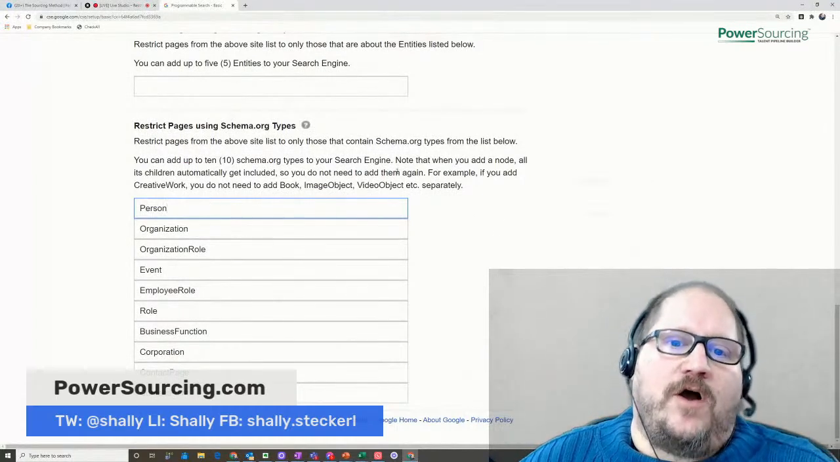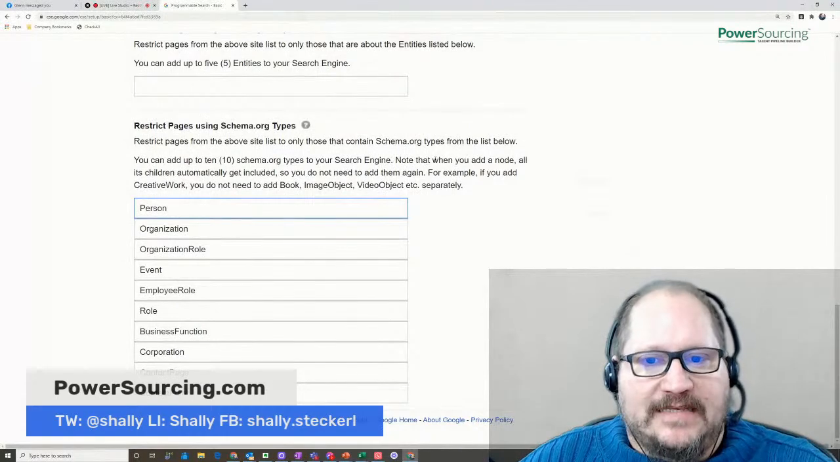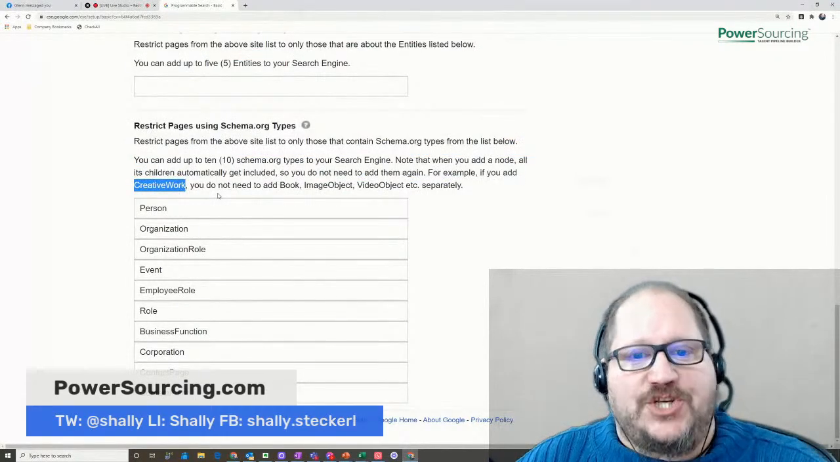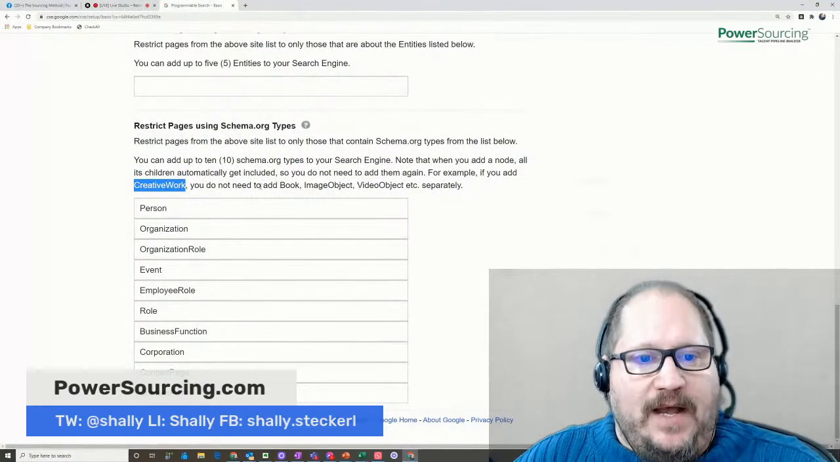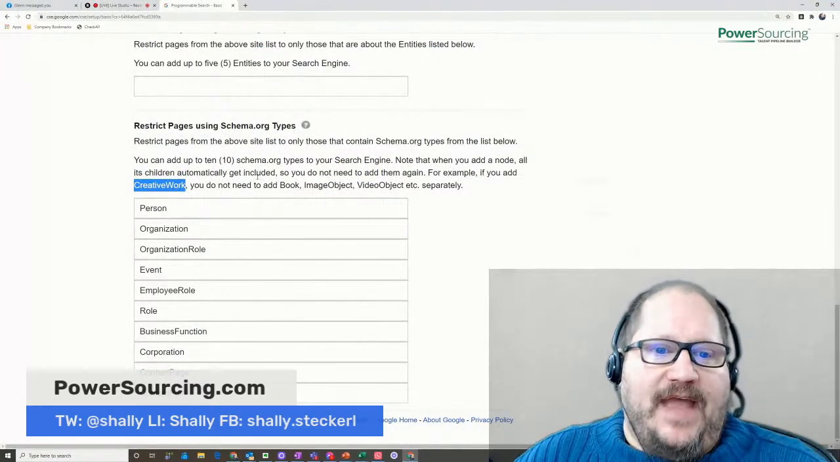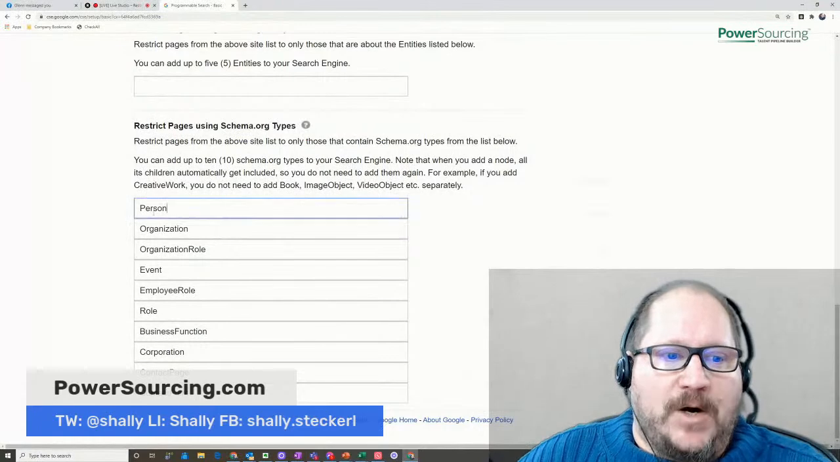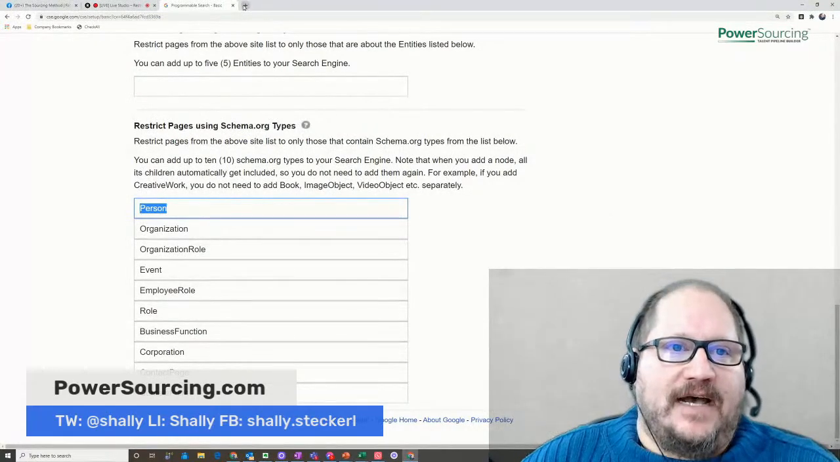And although supposedly Google says if you add a derivative, or if you add a child in schema that has a parent, then the parent won't be searched. But if you add a parent, then all the children will be searched. So person is a schema